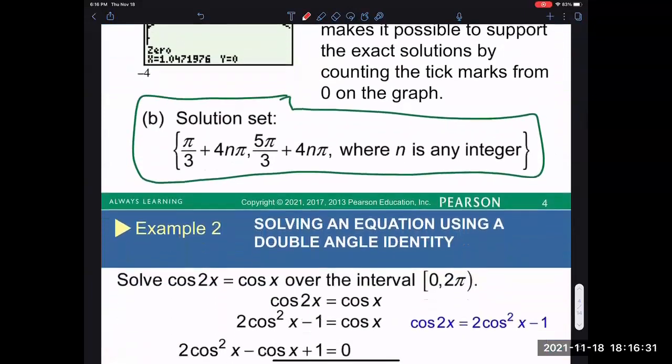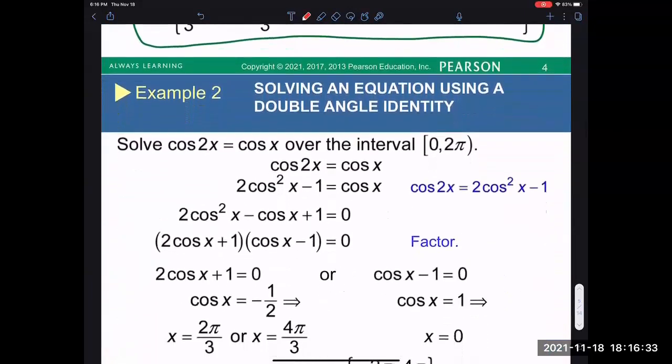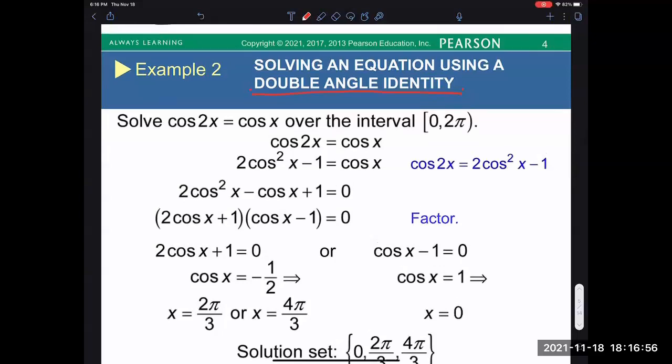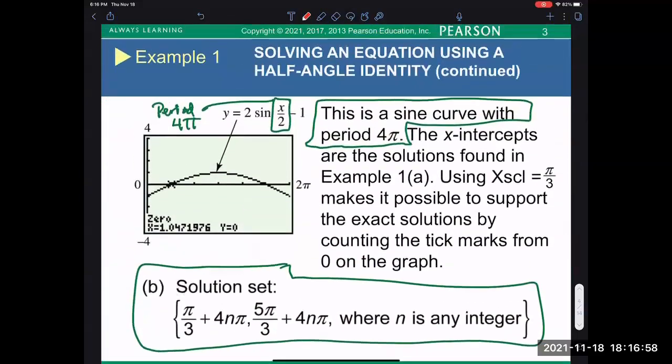All right, now moving forward, we are going to consider the opposite sort of situation where instead of having a half angle formula, we have a multiple angle, or in this case, a double angle formula. And so in this case they also say using a double angle identity. And you don't have to use a double angle identity in every case. We're going to in this case, but in general, let's just consider for a second